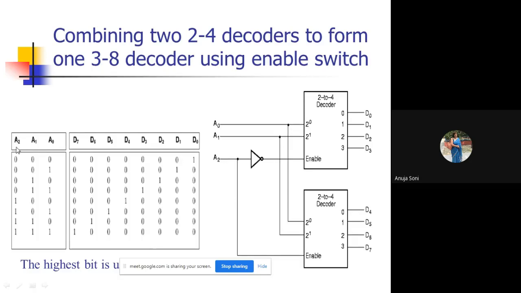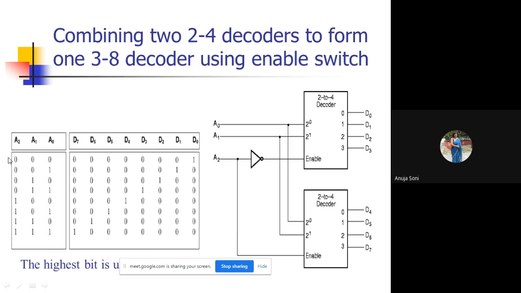Okay. So generally what are the combinations? 000, 001, and so on. With 3 bits you will have 8 combinations. For the first 4 combinations, A2 has its value as 0, all zeros. For the next 4 combinations, it has its value as 1, all ones. So for the case where the value of A2 is 0, that is accomplished by placing an inverter gate after A2, and its inverted value is connected to the upper decoder.